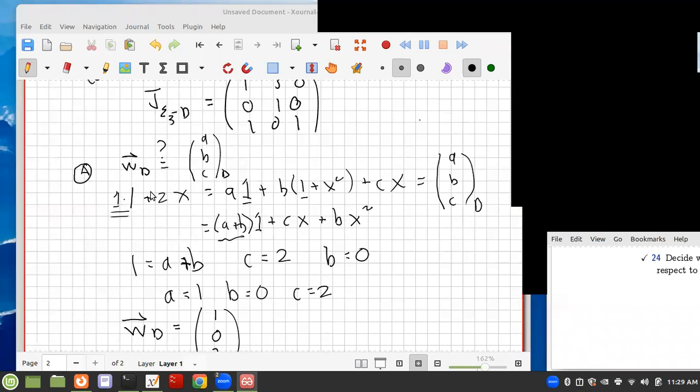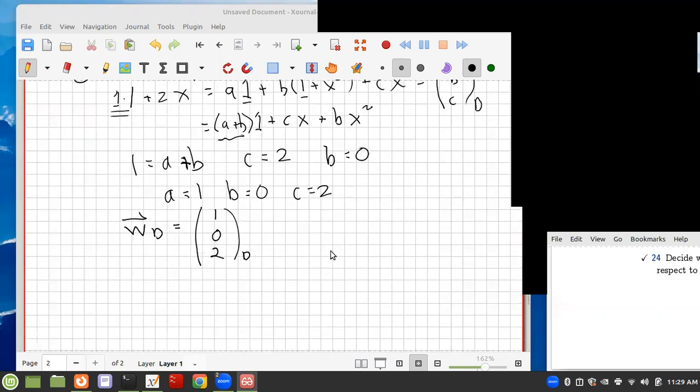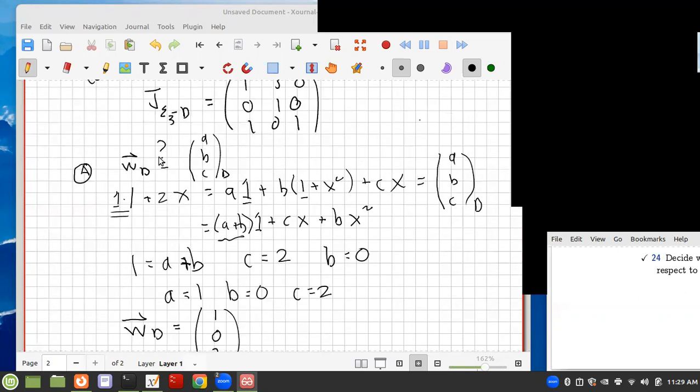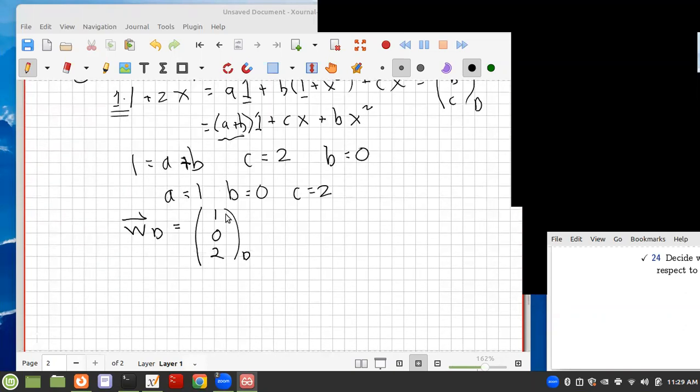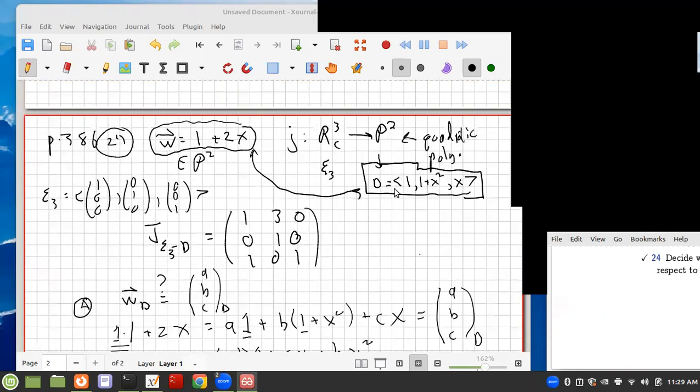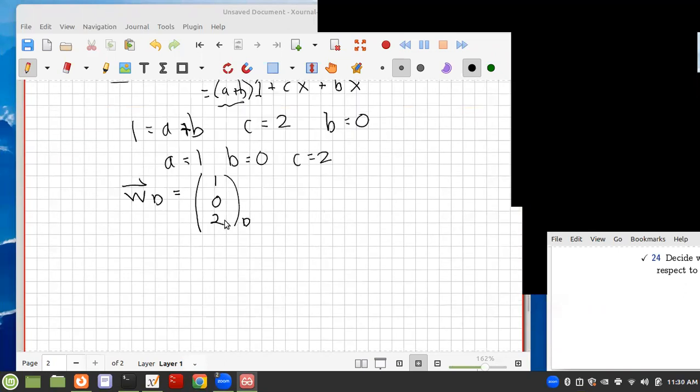The coefficient of 1, the coefficient of x, the coefficient of x squared, which is 0 on the left. So that leads me to 1 equals a plus b, 2 equals c, and 0 equals b. So I have the solution for the representation of this vector in this basis of the space: 1, 0, 2. Okay, does that